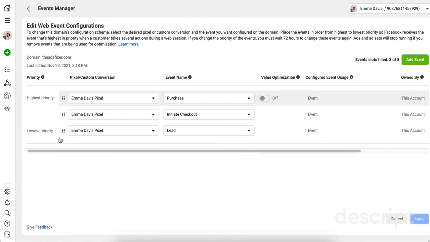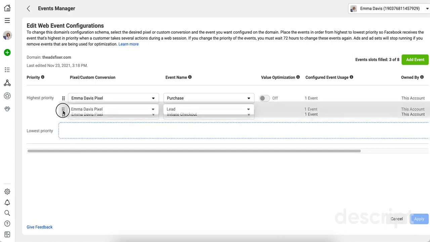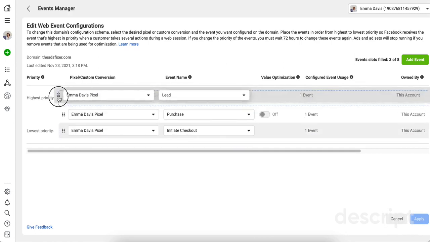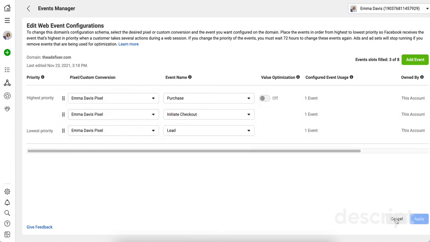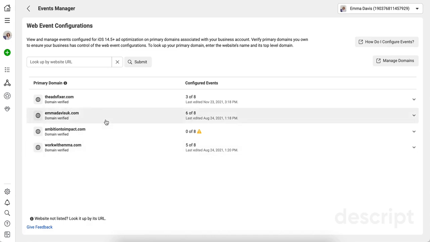Just think, in terms of your funnels, which are the most important events to track if you have more than one of these events taking place as people move through a funnel. Obviously I didn't change anything, but that's how you can change it. Just drag it around, then click on the apply button down the bottom right again, and there you go. I'll just cancel that. And that's it. That is how you add and verify a domain name, change the DNS settings, and configure your